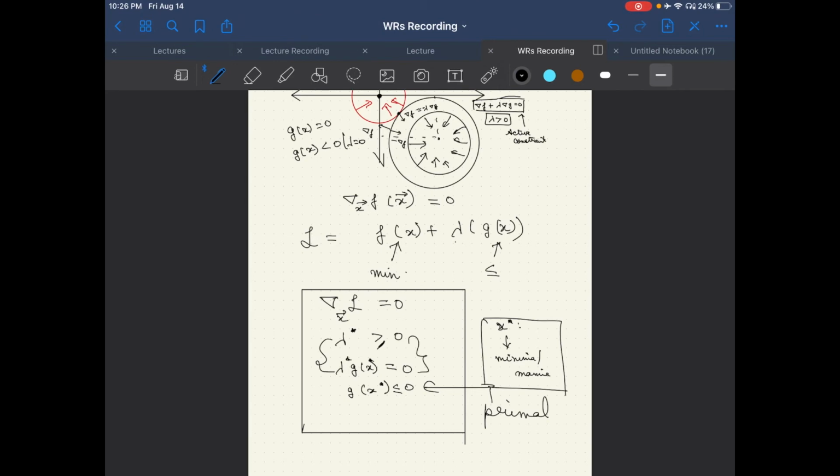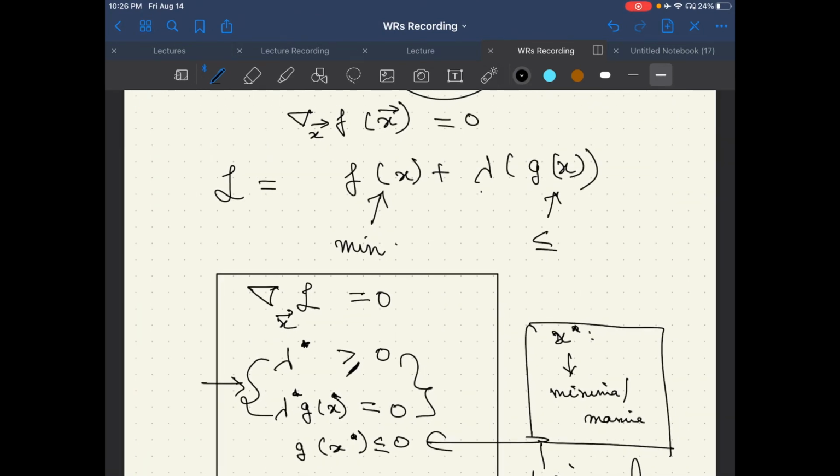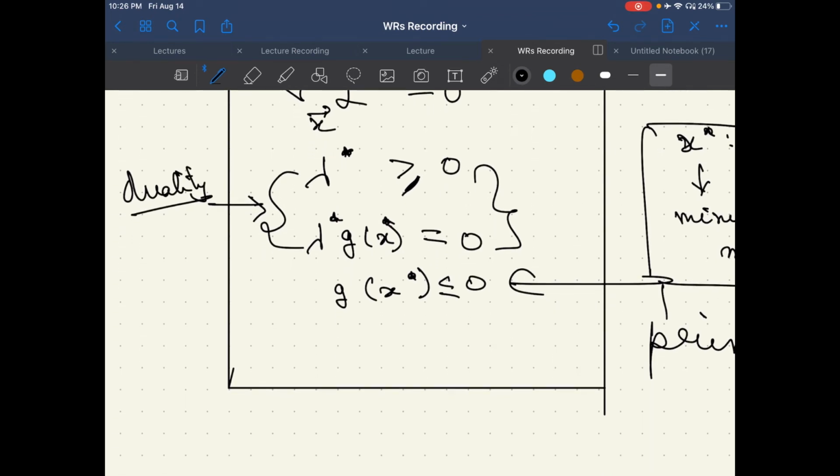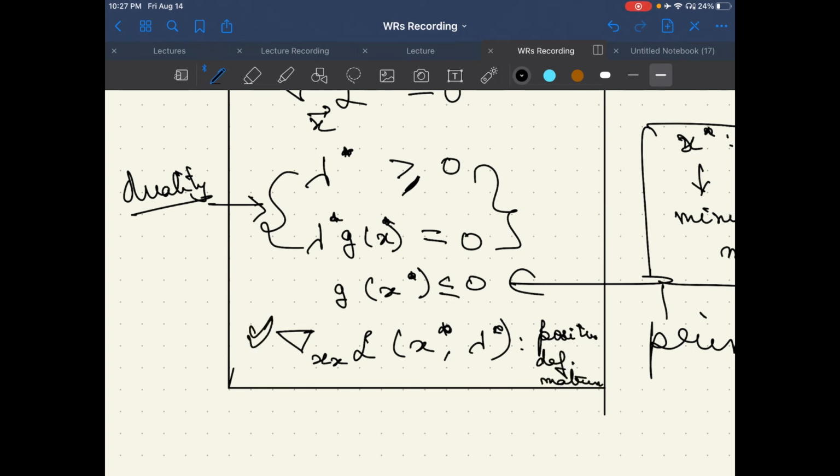These are our secondary constraints that we derived based on this geometrical interpretation of the constraints and where we would find our potential solutions, and these are called the conditions of duality. And once we set up this problem, we also look into the conditions of the double derivative, that is, the Lagrangian's Hessian with respect to x, at x star and lambda star, should be a positive definite matrix, because whatever Hessian matrix we are constructing, whatever signs that we get here, they should be positive definite.